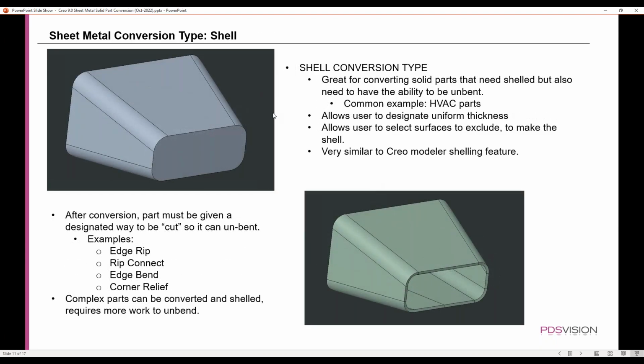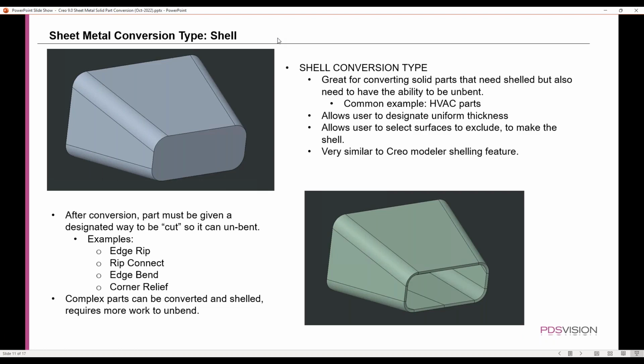So now we'll go into the shell conversion type. The shell conversion type is great for converting solid parts that need to be shelled, but then also have the ability to be unbent. A common example of parts that might be viable in this would be HVAC parts, allowing them to be designed to be unbent so that they can be cut out, manufactured, and then bent up to what they are